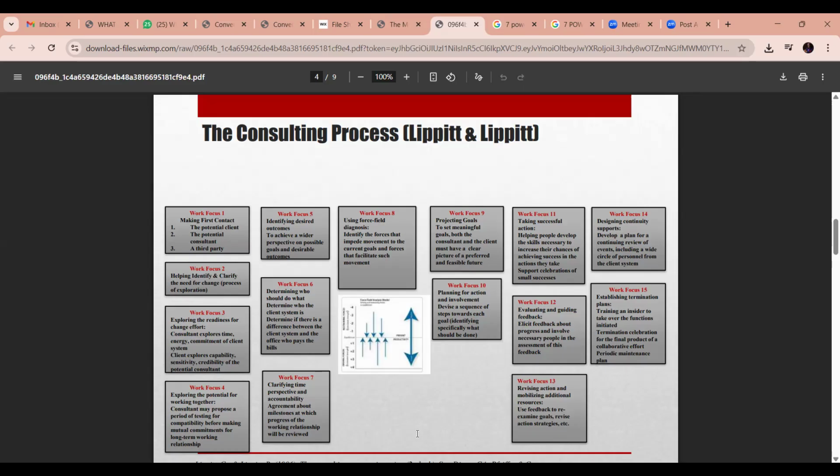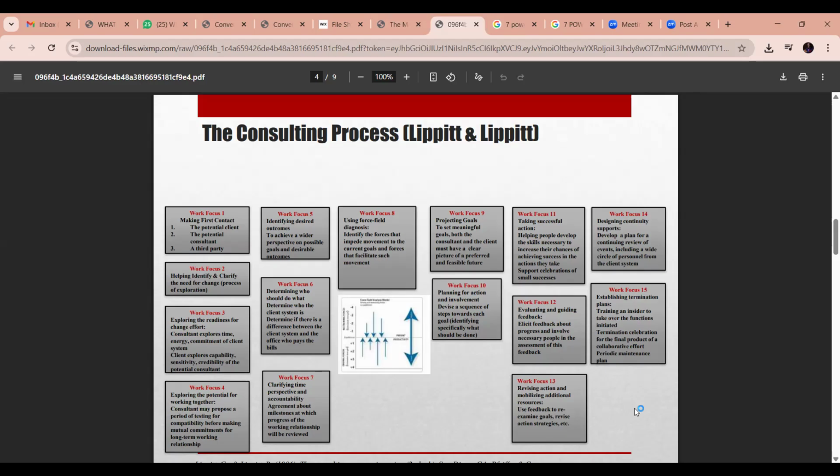Now, this is one that has 13 steps. This is more detailed, and this starts from marketing. This is a consulting process that starts from marketing all the way to implementing the assignment and coming back with feedback. Use feedback to re-examine the goal, revise action and strategies. I'm not necessarily going to go through all the 13 steps. You have these documents, you can look at it. But the point I'm trying to make is